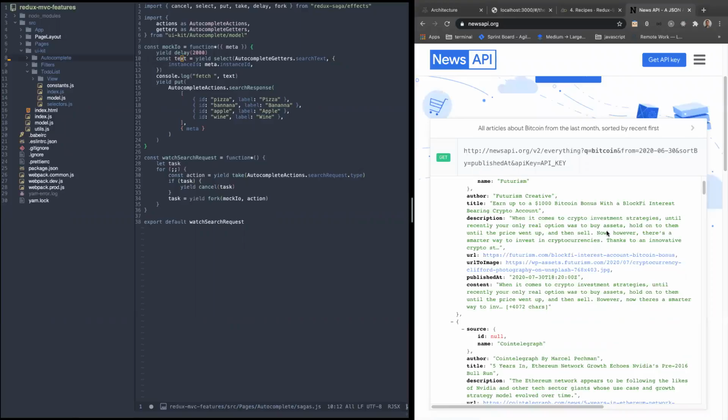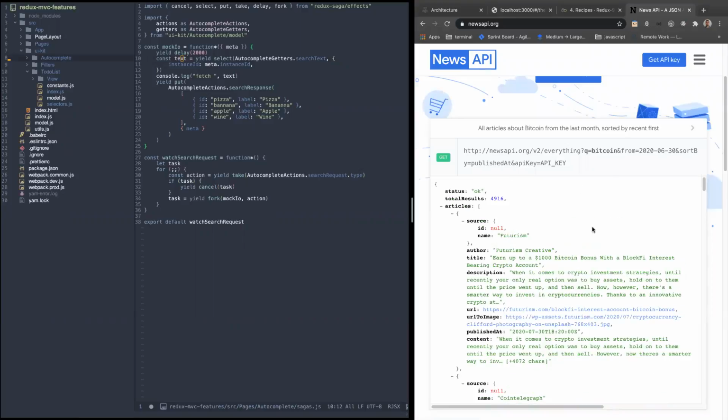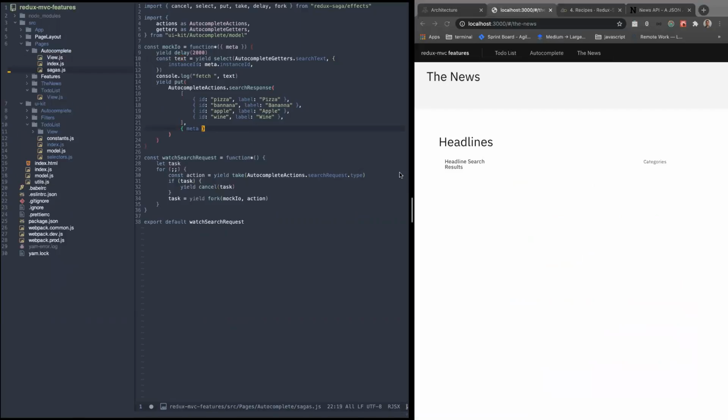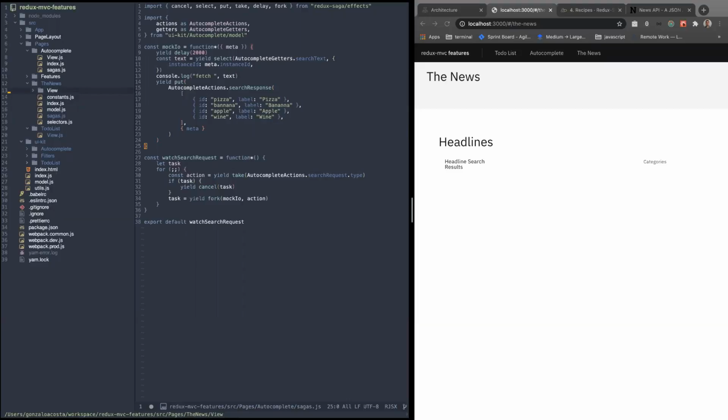Basically, it fetches some news in JSON format. What I would do is try to reuse the autocomplete and the radio filter to consume the news API. Let's see if I can do it quickly because I don't want to take a lot of time on this. So I go to the news page, to the view,